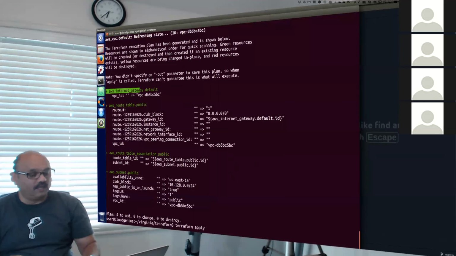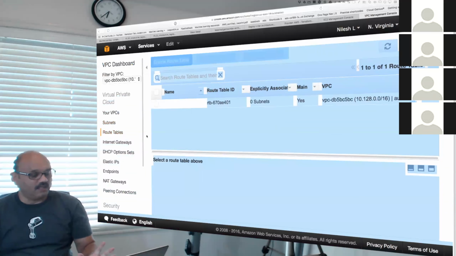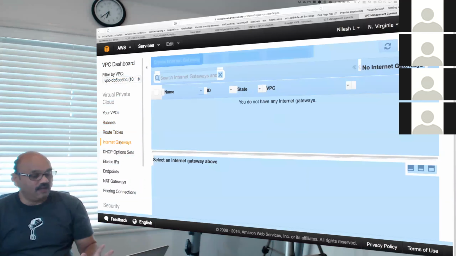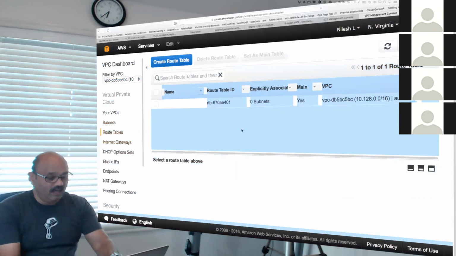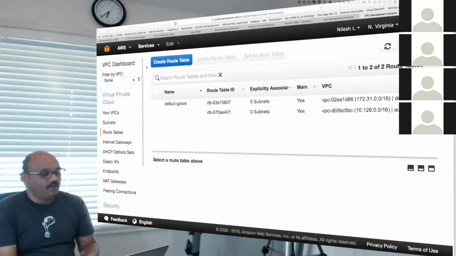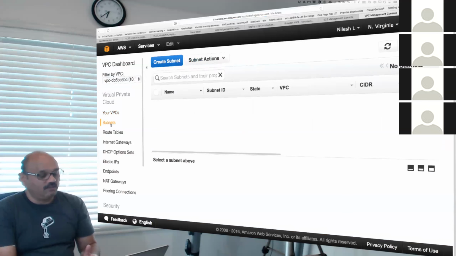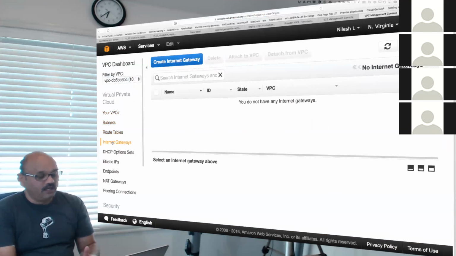But before I run, as you know, in our example, we do not have any subnets, no route tables, nothing yet, and no gateways on our automated VPC. We do not have a gateway. We just have one default route table that we will not use. So this route table that we have is given to us by default. We are not using it. We are going to go filter down to automated VPC, and you will see that in our VPC, we have this one automated VPC, 0 subnets, 1 default route table, no internet gateway, and that's the current state.